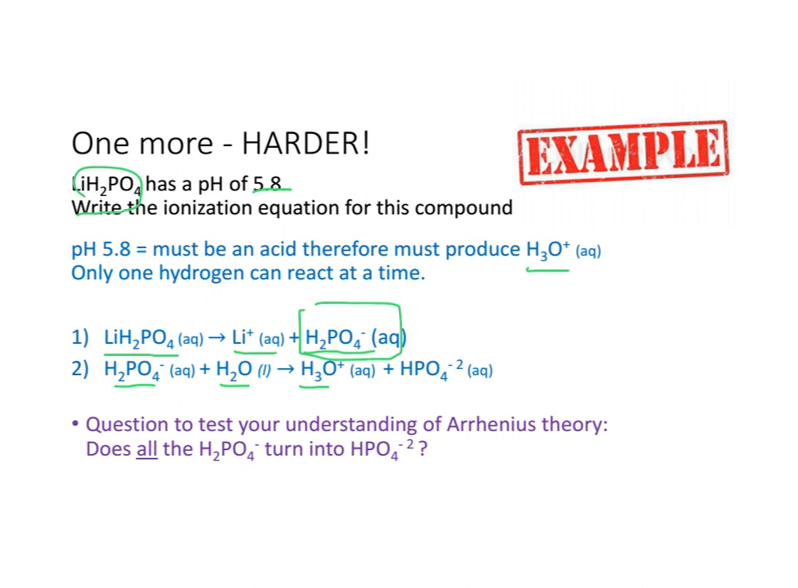As well, another point here is, does all of the dihydrogen phosphate turn into hydrogen phosphate? Another way of asking that question is, does this reaction proceed 100%? Does this reaction happen totally? And the answer is no, because if you remember, this is not a strong acid. H2PO4 is not one of those 6 strong acids, and only strong acids react 100% with water to produce hydronium